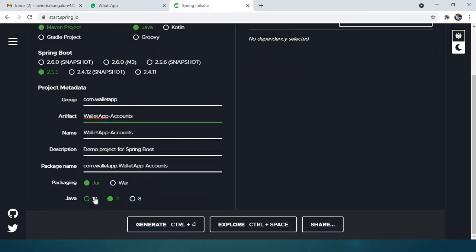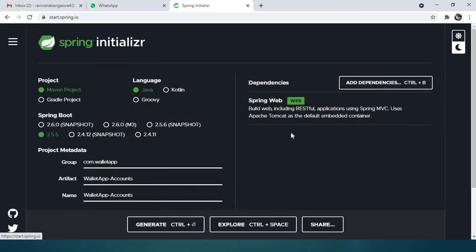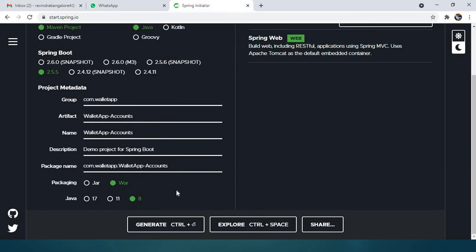We select the war file, Java 8, and add the dependency as web. Now you can generate. Last time also we saw it like this only, right?